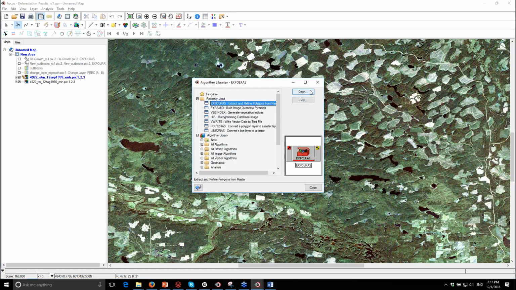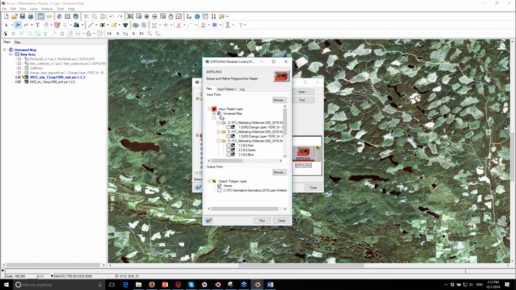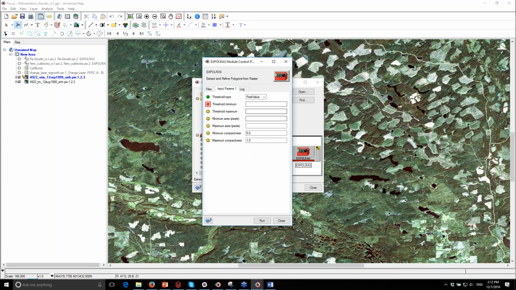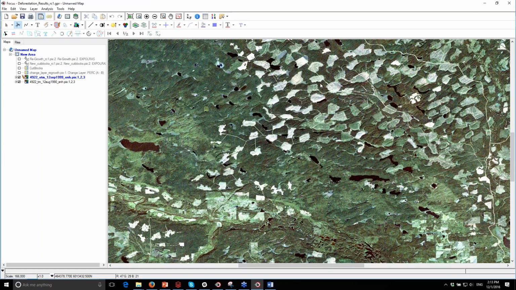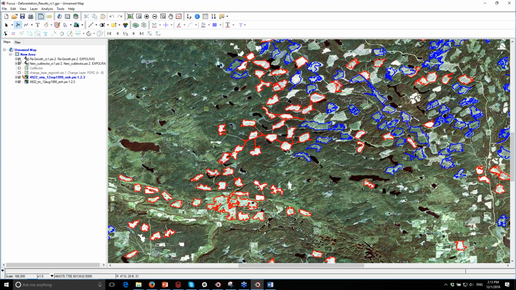So I can pull up the Expolras algorithm, which is short for extract polygons from raster. And then I can tune the actual extraction based on the size of object I want to extract and the threshold that I'm looking for. So if I'm looking for changes that have a high degree of change, so a high percentile, I'll tune the algorithm to pull those features out. And what I end up with are essentially polygons that delineate the exact extent,